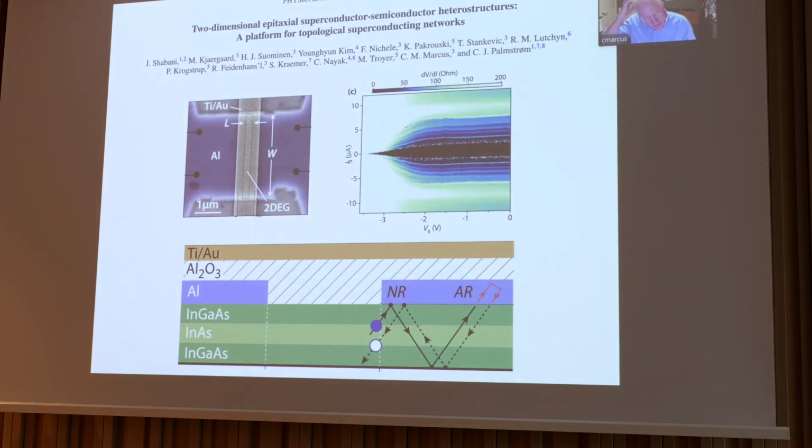And this is a demonstration. This was from a paper by Javad Shabani, who was a postdoc in Copenhagen. Actually, he was a postdoc at Harvard, and then he went, I don't remember the history. He was a postdoc at Harvard, and then he went to Chris Palmstrom's group and grew these materials. And these were measurements done in Copenhagen at the time with Kierkegaard and Fabrizio Michele, who's still working on similar systems at IBM, was also involved in the collaboration. Peter Krogstrup then picked up a lot of these materials and was doing them also in nanowires a little earlier